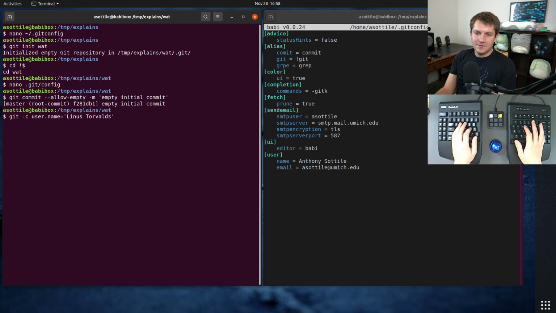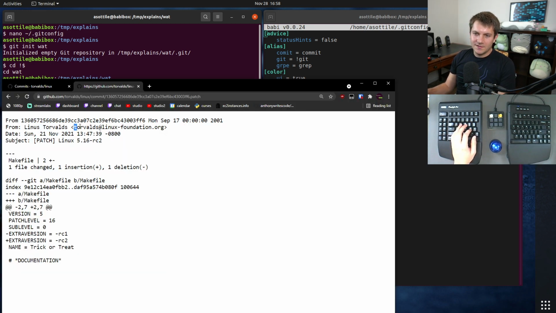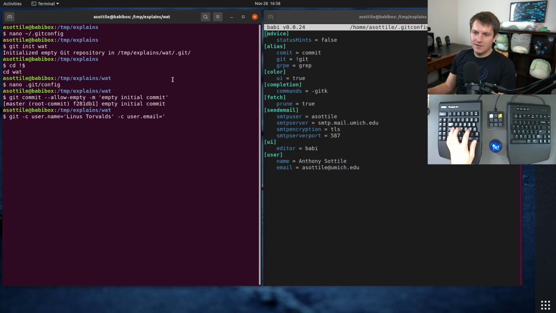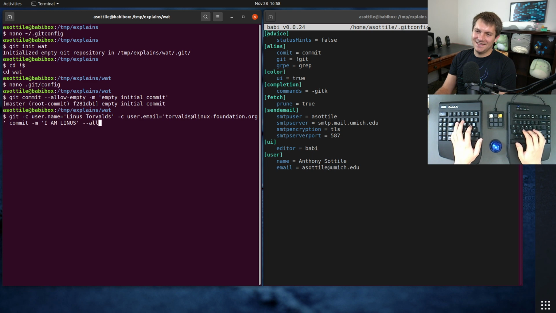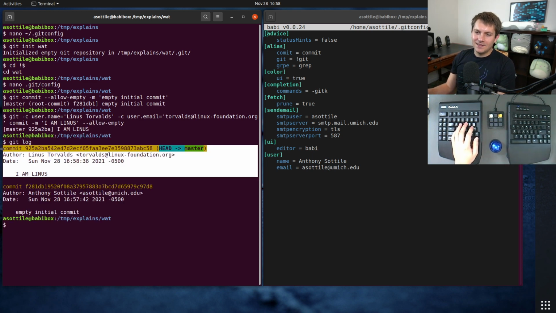And see -c, and if you have multiple options, you can use -c twice. So if we do user.email, you can copy and paste their email address, and then you do your command commit -m I am Linus, allow empty. And now if we look at our logs here, it looks like Linus has committed to my Git repo, which is